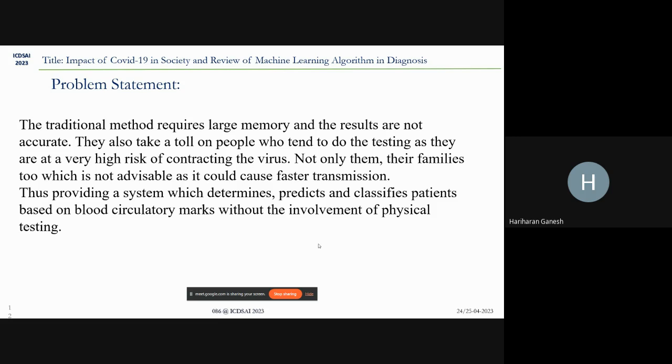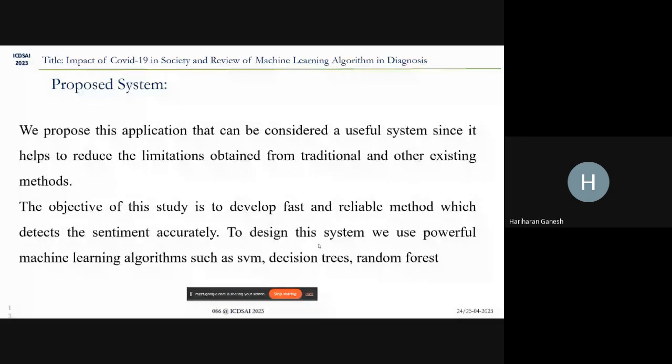So we provide a system which determines, predicts, and classifies patients based on blood circulatory markers. The application can be used because it helps in reducing the limitations of traditional or existing methods. Our objective of the study is to develop a fast and reliable method which detects accurately. To design a system, we use powerful algorithms: SVM, decision trees, CatBoost, random forest,